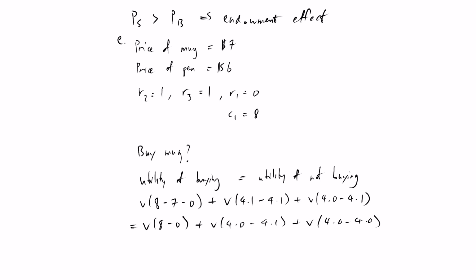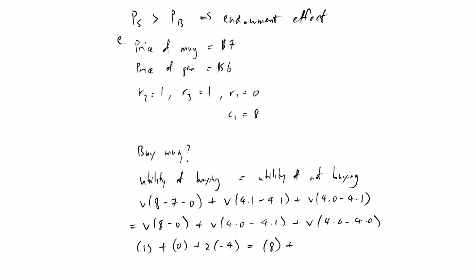Right? So you can calculate, he gets $1 extra than he expected. He gets a mug that he expected. He's not getting a pen that he was expecting. And that has to equal the case when he's not buying, then he gets $8